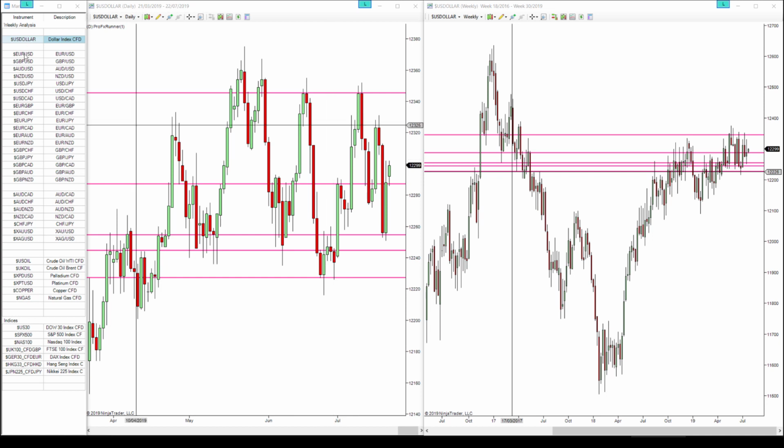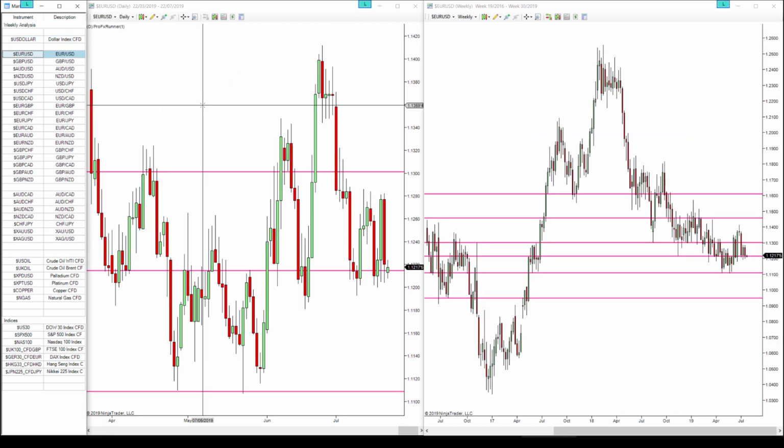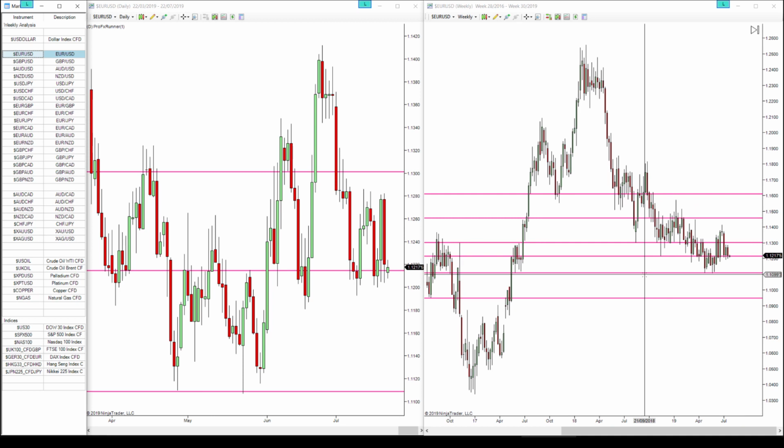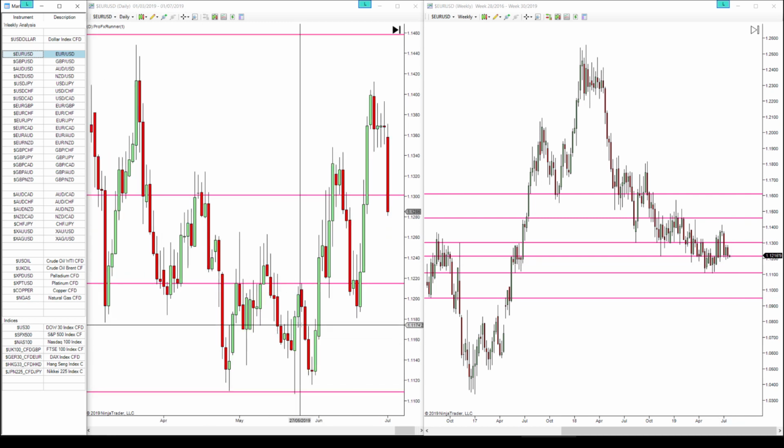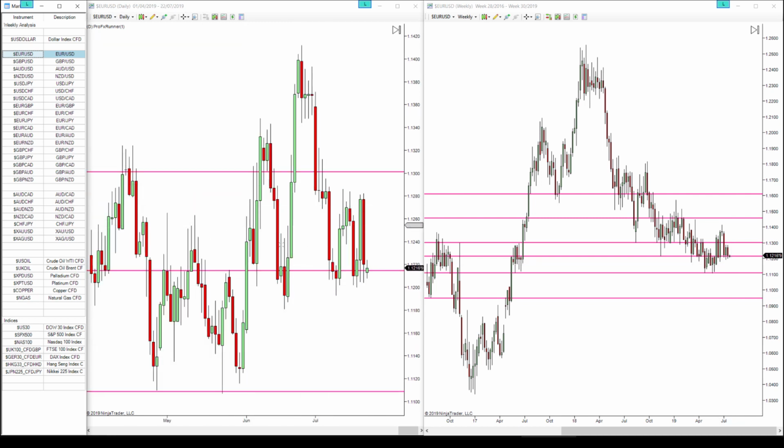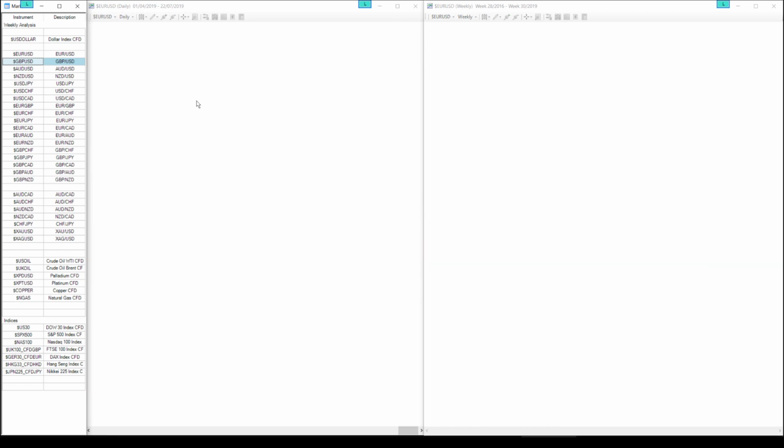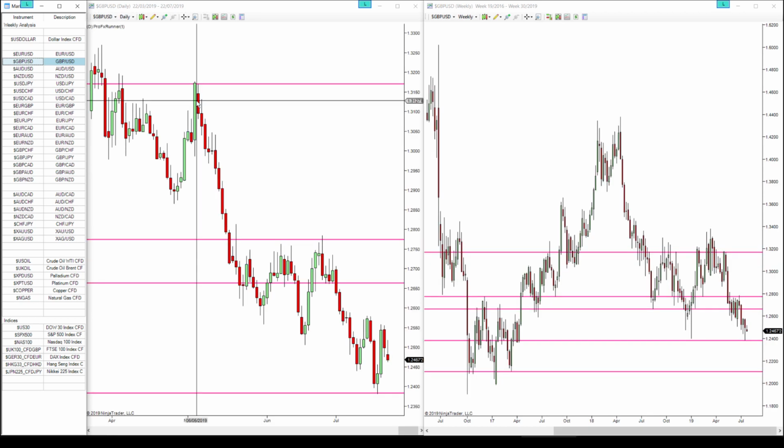If I now switch across to the euro, what I want to do here is compare the euro. Similar to that, the euro has been generally sliding lower over the last 12 months, sitting at some key levels, and also not really exhibiting a clear, strong sense of direction. Where it really gets interesting, and part of this video is to discuss what's going to be happening this week.